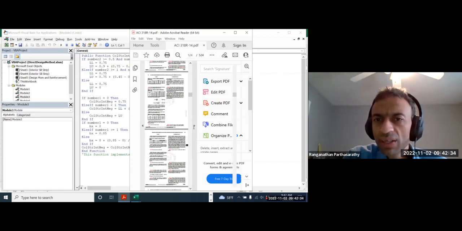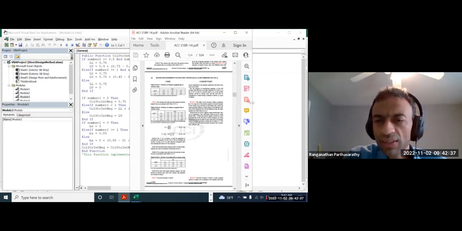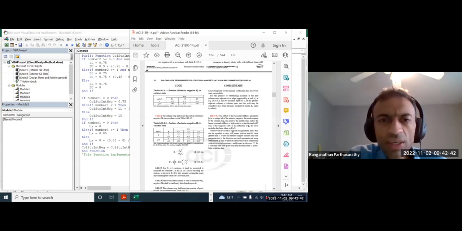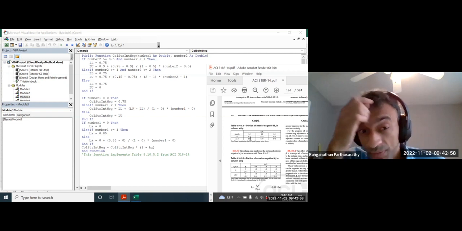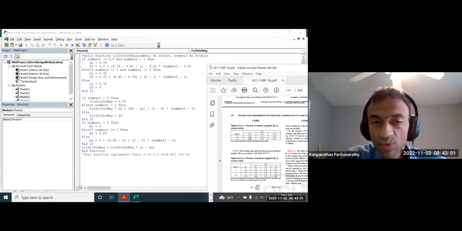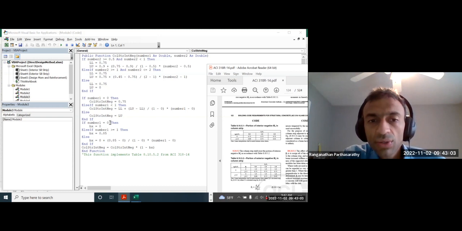Each time looking up the code when you do direct design method by hand is a really painful process. Here you have two inputs: alpha F1 L2 by L1 and L2 by L1. As you can see, there is a double interpolation here. Then there is another one too, which I'm going to explain. First is the double interpolation. So you first interpolate